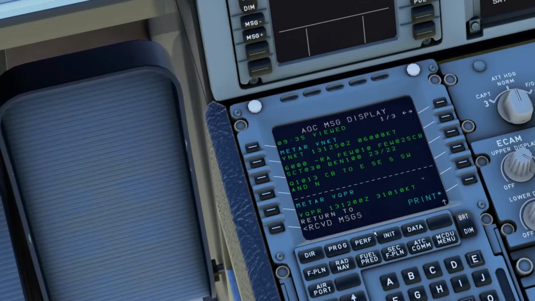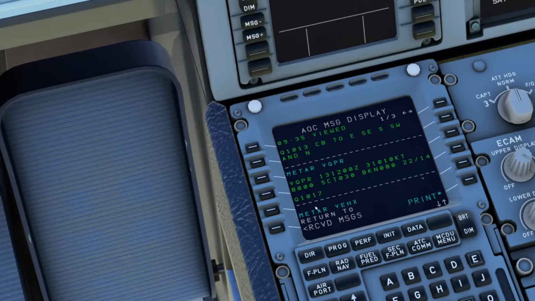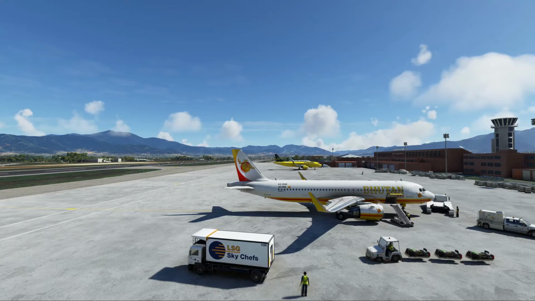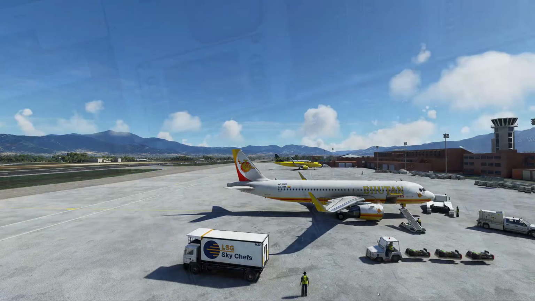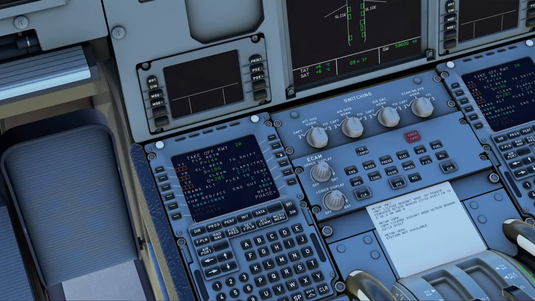Right, okay, and this is an important one. It's the METAR for Paro. So we'll scroll up and see what that says. Because unless this is clear, we can't actually fly into Paro. So, right. Winds. Visibility is good. 8 kilometers. Scattered at 3,000, broken at 8,000. Yeah, okay, that's fine. I'm going to print that. Okay, that's cool. We'll leave that there.